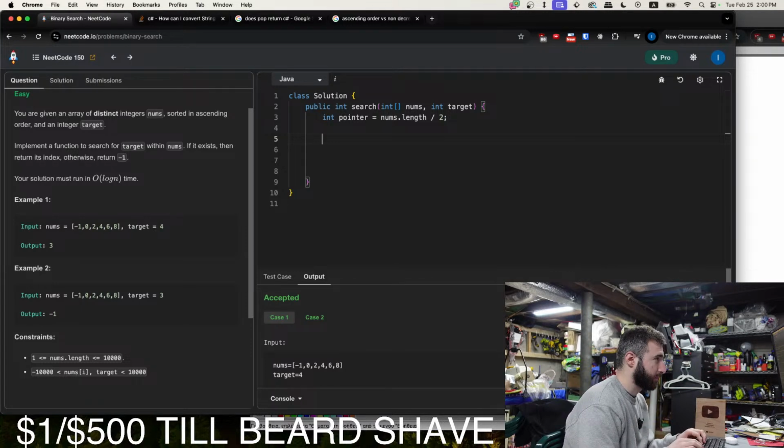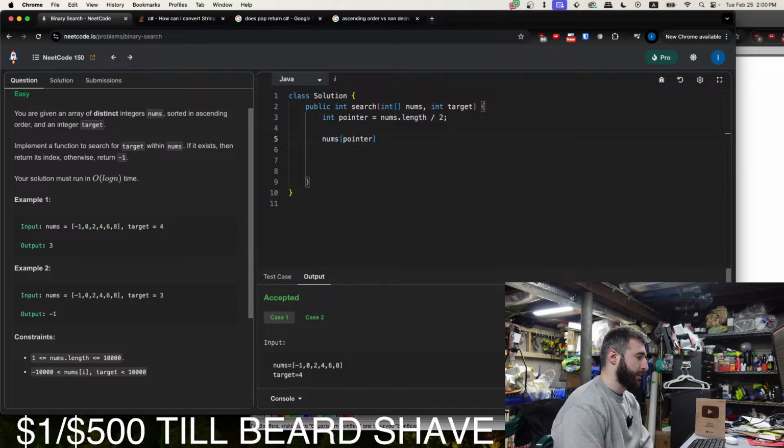So nums pointer is our value here lower than the target? Well, let's check if it is equal to the target.